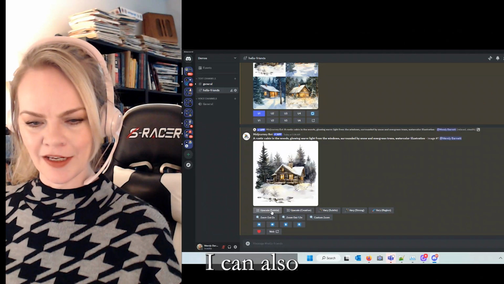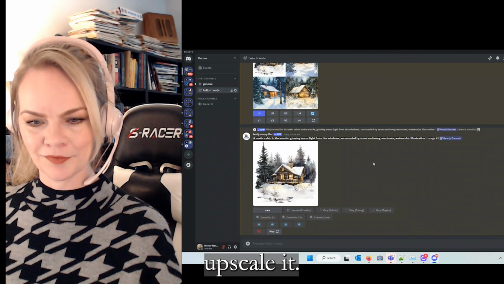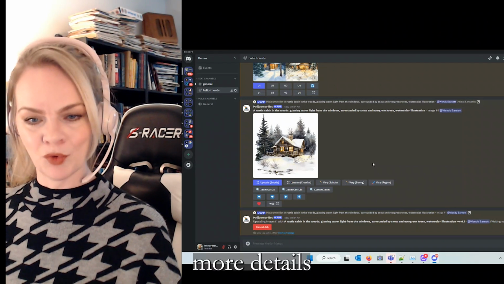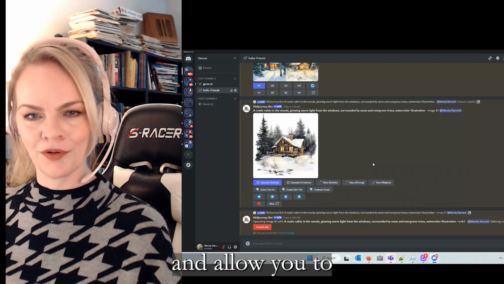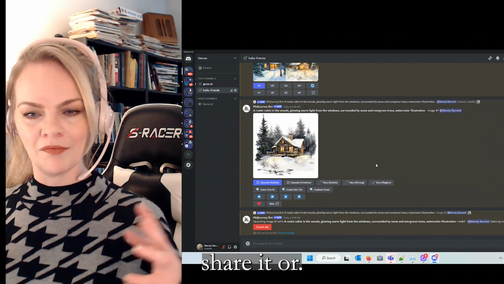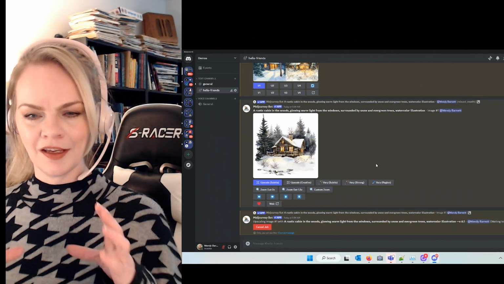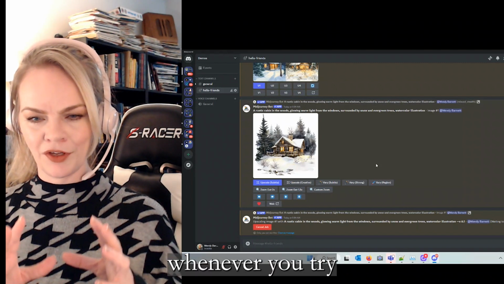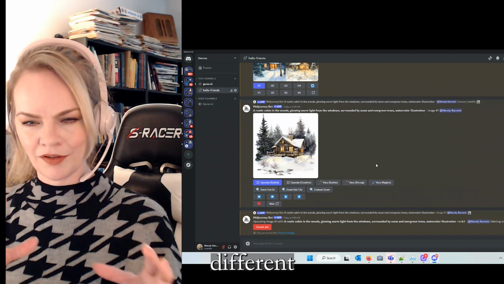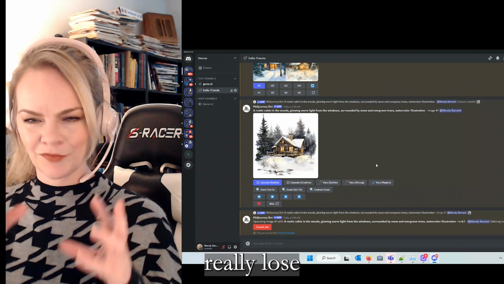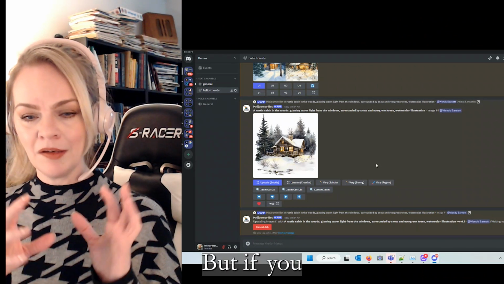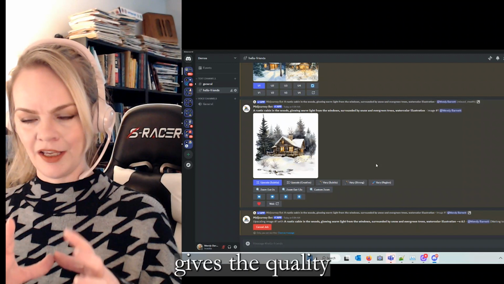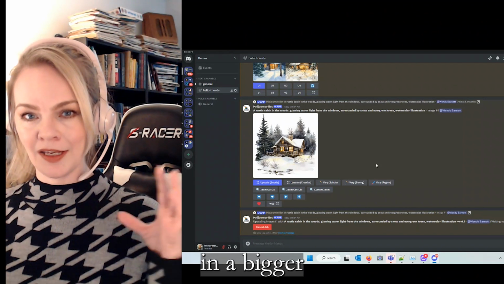So from here, I can also upscale it, which will make it bigger and just give it more details and allow you to share it. When it's small like that, whenever you try to make it bigger, it can really lose the quality. But if you go ahead and upscale it from here, it gives the quality to it in a bigger format,